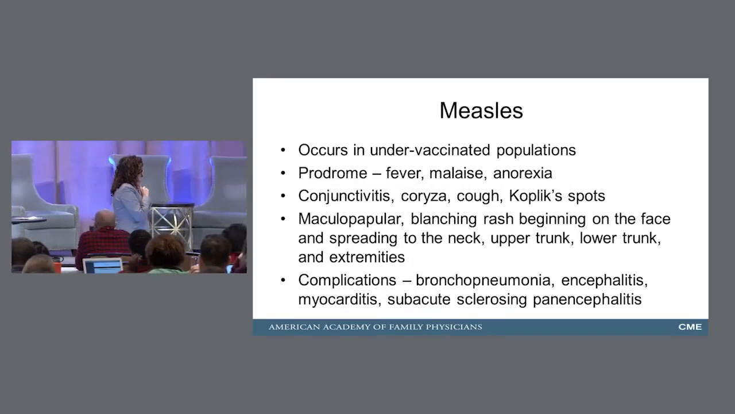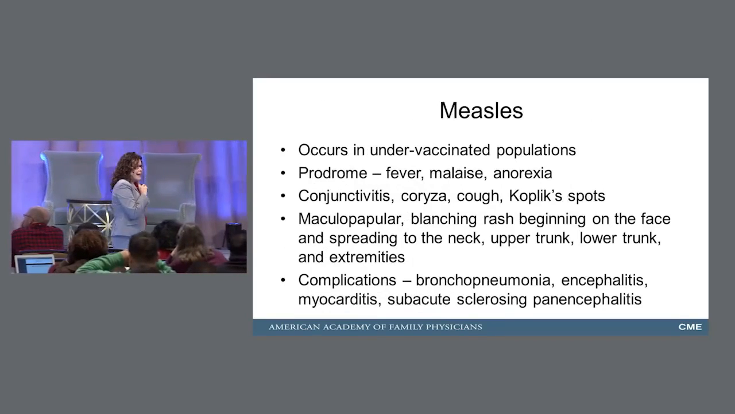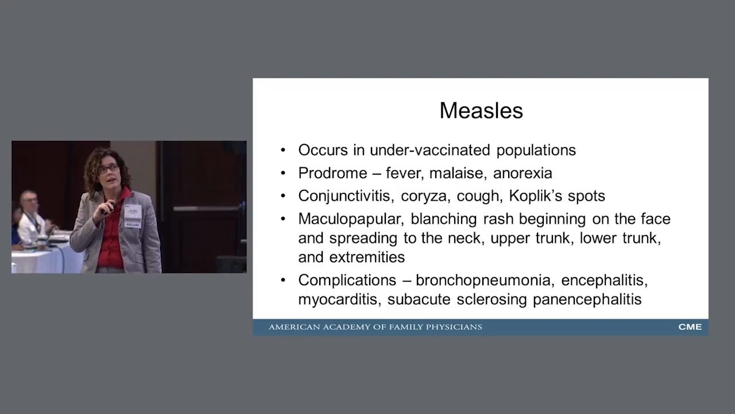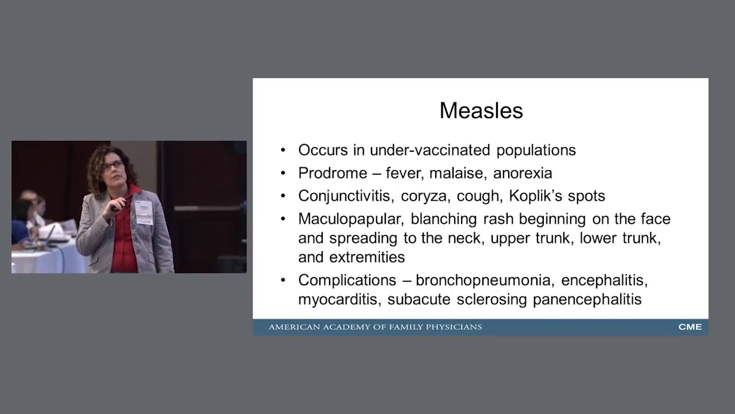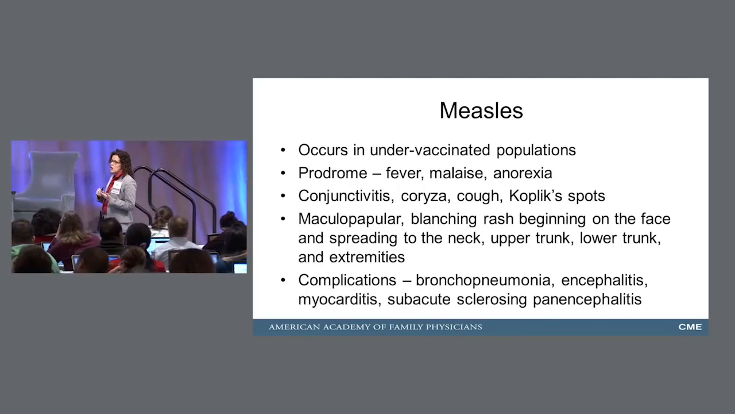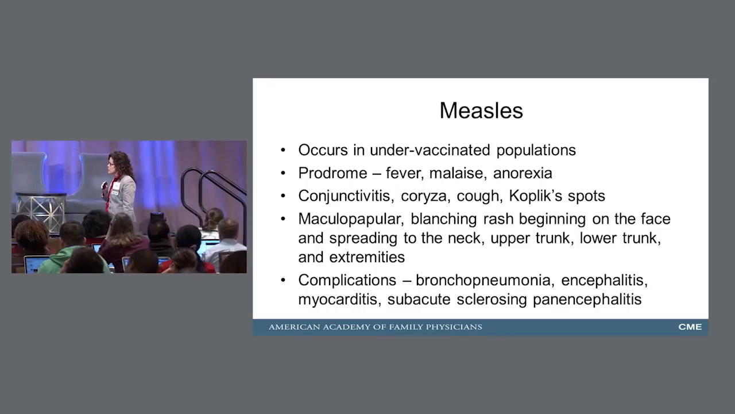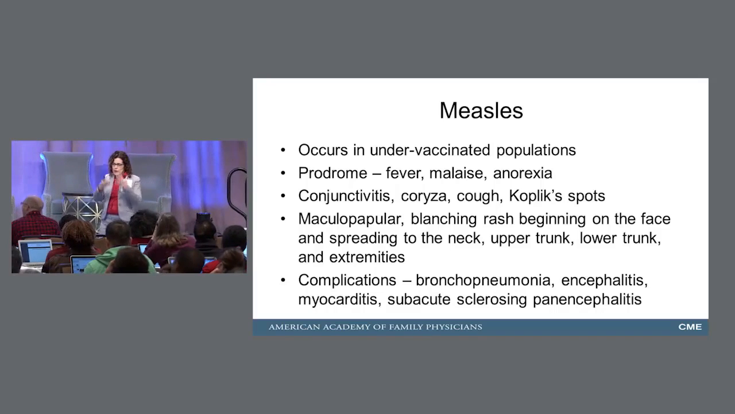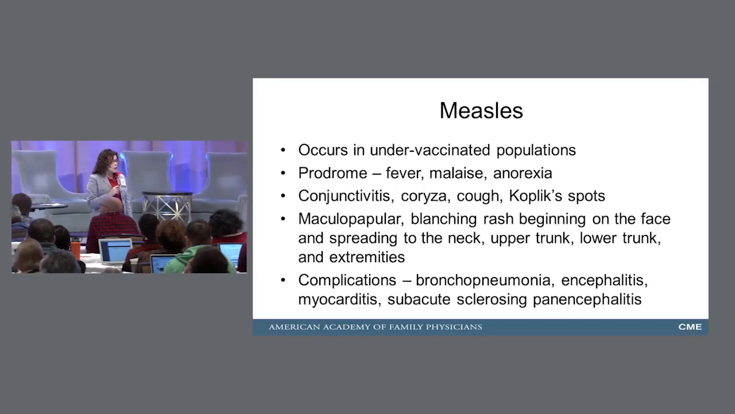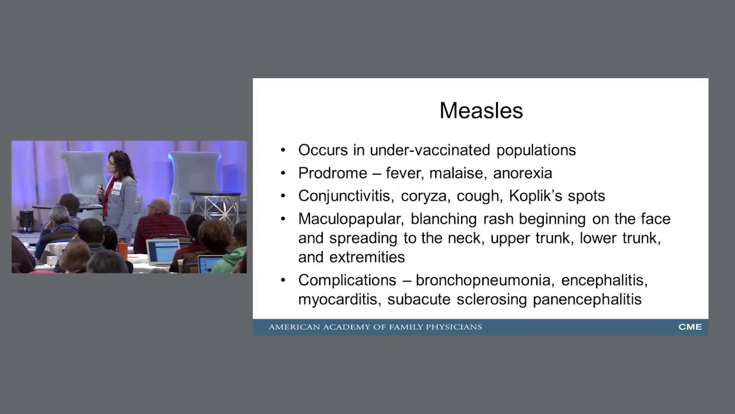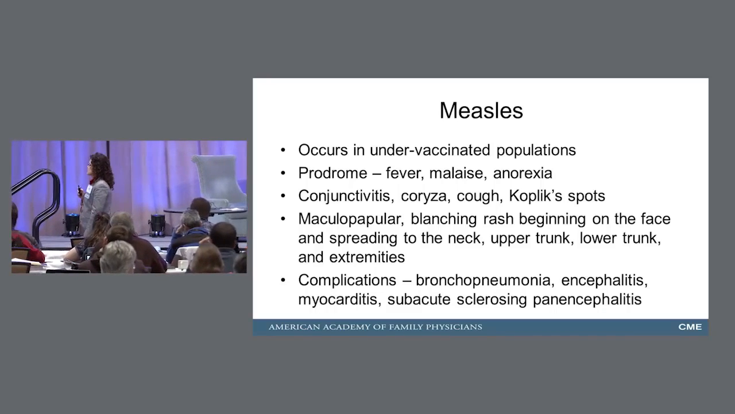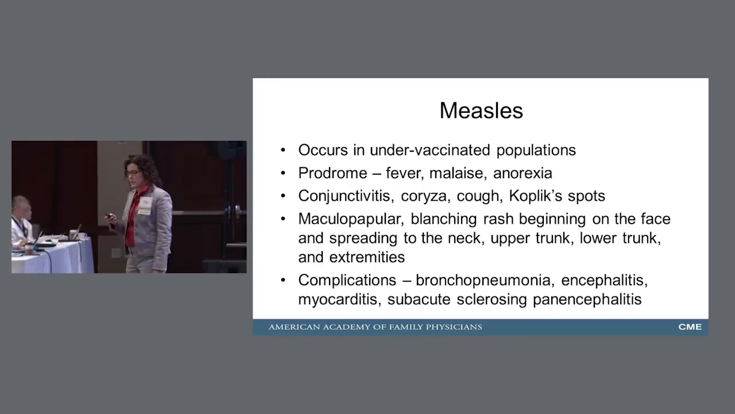Measles is making a comeback. I know for a while there, I hadn't seen measles probably in 15 years, and now we're starting to get little bits of it coming back. The prodrome of fever, malaise, anorexia, and the classic C's, the conjunctivitis, coryza, cough, and Koplik spots are your diagnostic criteria. The rash begins on the face, goes down to the neck, trunk, and extremities. The reason why we worry about measles and we vaccinate our children is because they can get things like pneumonia, encephalitis, and all kinds of other